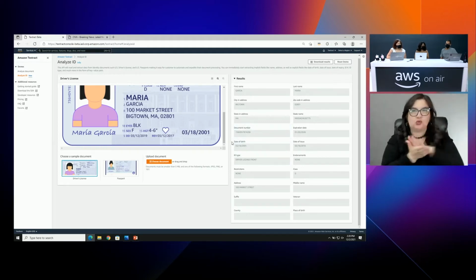One thing this API also does is standardize across different document types. If you have a US driver's license and a passport, the passport says given name and surname. What our customers end up doing is they create a synonym list and mapping list, which basically says, okay, if I get the surname and the given name from